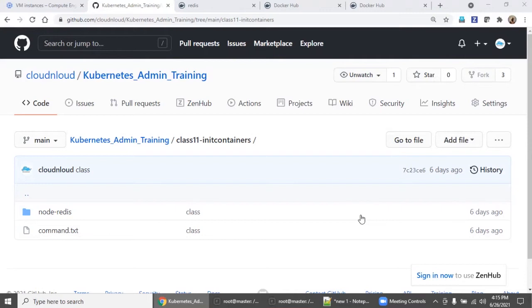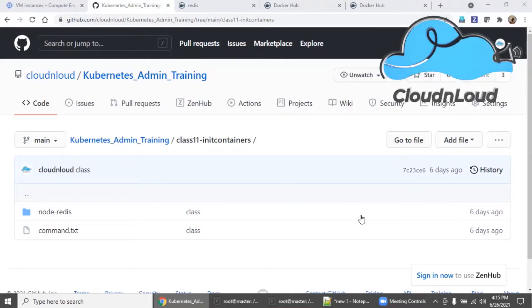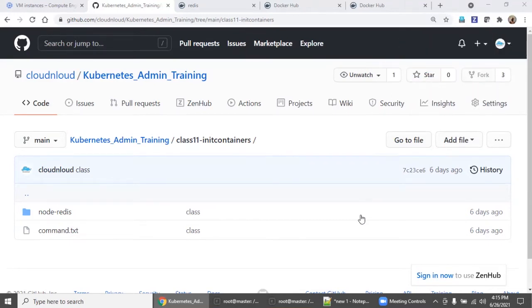And in Kubernetes, we are seeing each and every service as a hands-on, right? How to create a namespace, how to create a pod, how to create a single pod with two containers with the same port, and how to expose the service as a load balancer, as a node port, as an ingress, and we have also started seeing deployments, right? So in this session, we are going to discuss init containers.